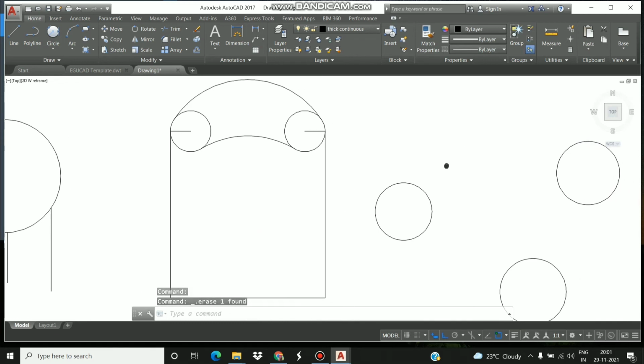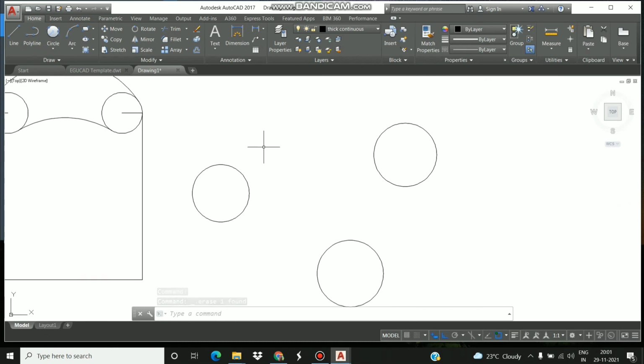Now the third and last type to draw the circle in AutoCAD, that is tan. So we have to draw a circle when the 3 tangents are given. Only 3 tangents; radius is not given now. Suppose we have these 3 circles, and 3 tangents are given. One is here at the circle, second one is here, third one is here. So 3 tangents are given. Then how can we draw the circle?